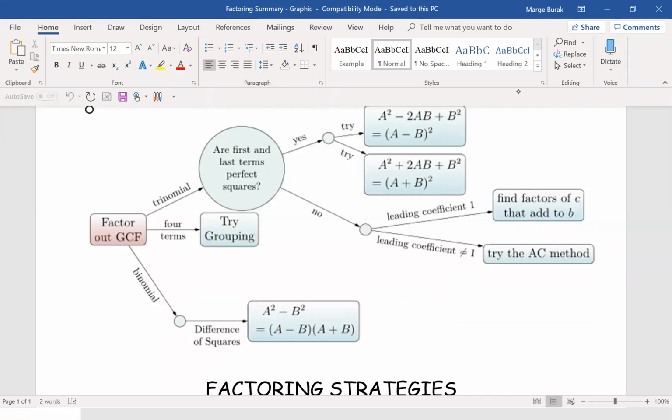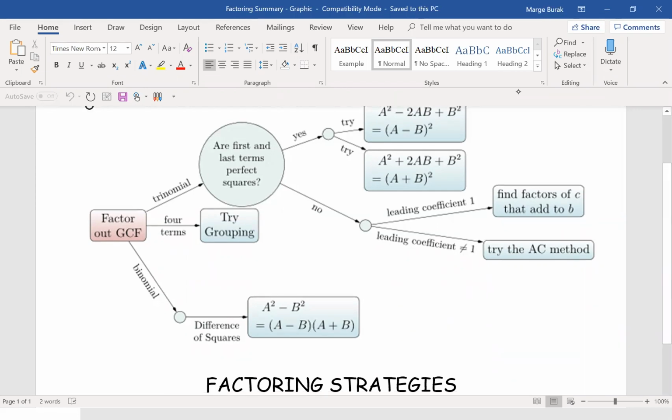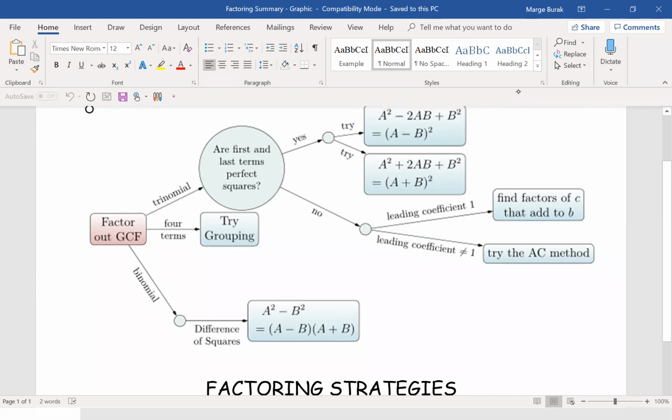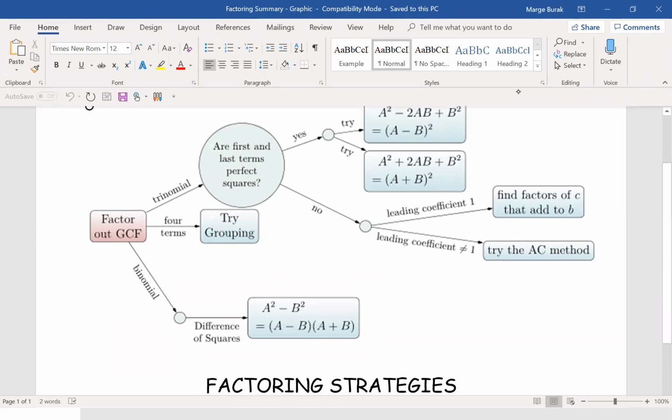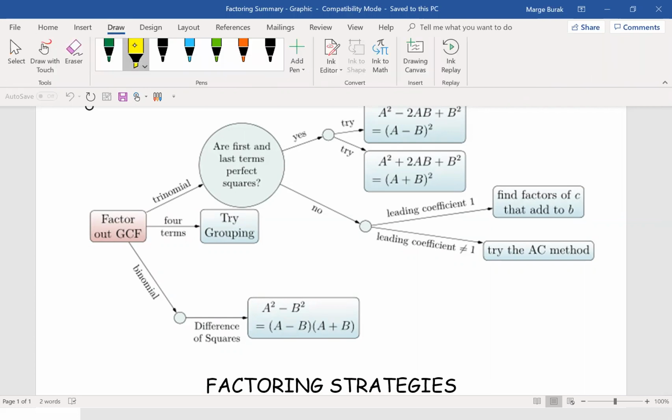Okay. Wow, we have a lot of factoring strategies, but let's sum them up. This is a flow chart. It's from your textbook online, section 10.6, and so it's just a summary of factoring strategies. So what you do is, if we start right here,